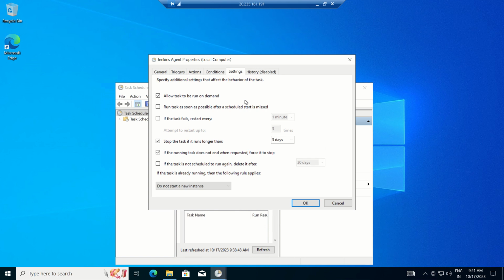In settings, we need to uncheck one option and check two options. We are unchecking "Stop the task if it runs longer than 3 days", since we don't want it. And we want to enable "Run task as soon as possible after a scheduled start is missed", and "If the task fails, restart every". If the task fails, we select 10 minutes here and let it be 3 times, and then we can click on